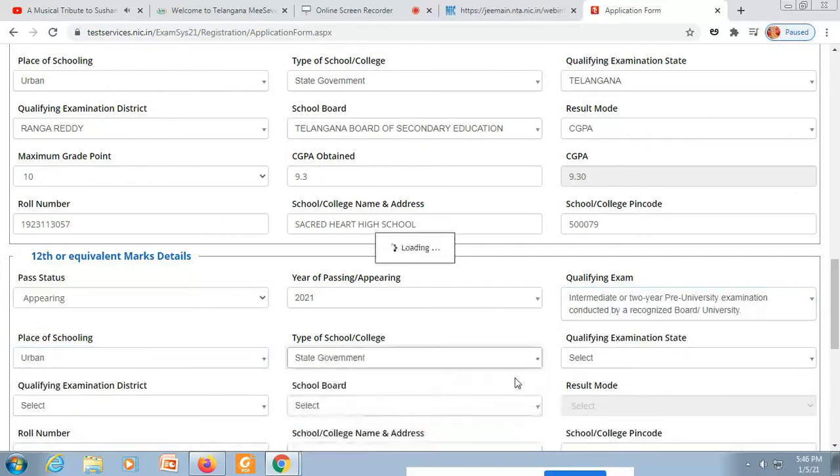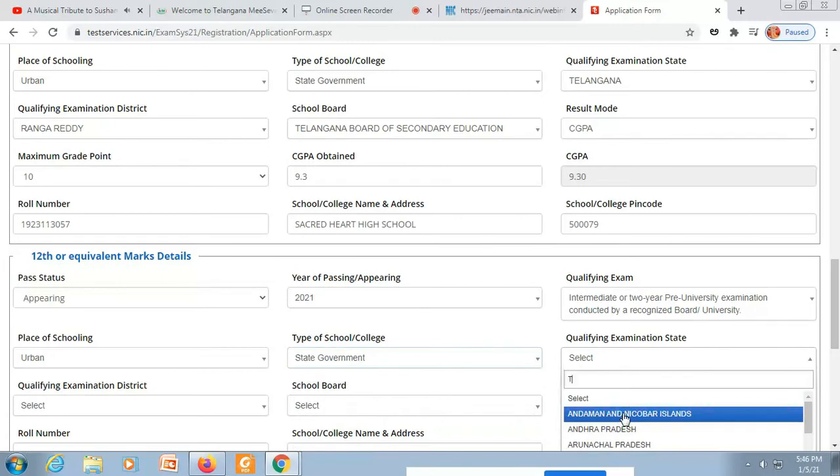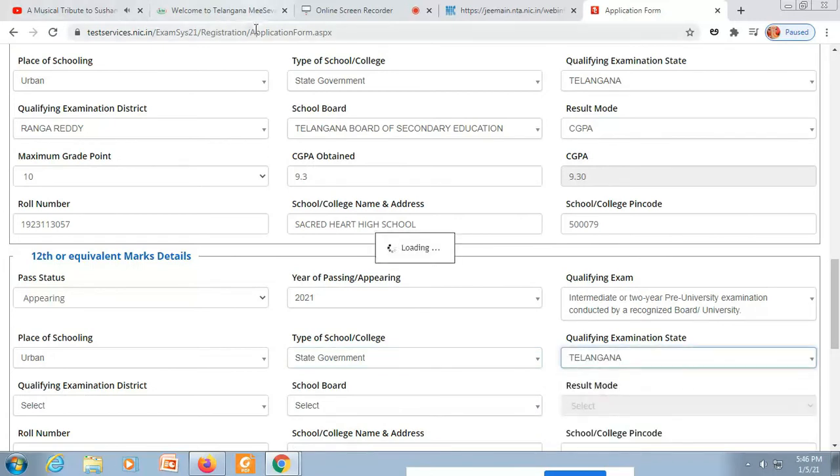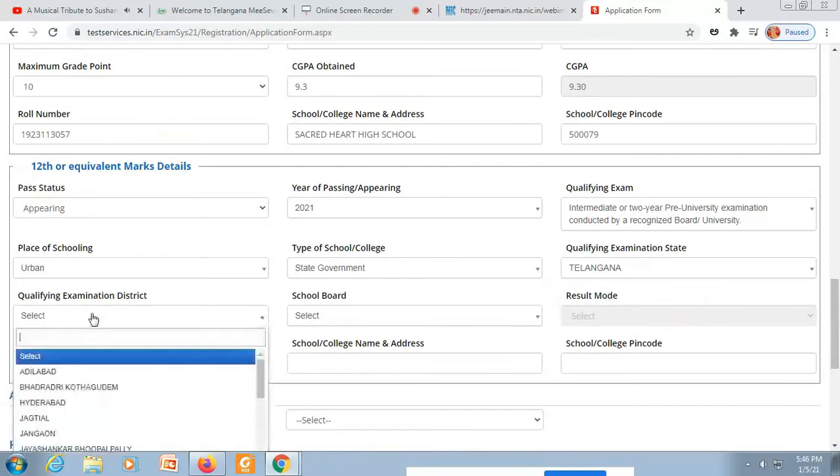Intermediate: here we call it intermediate, or 2-year pre-university examination, so please select it. Place of schooling, rural, urban, select it again. Again, the procedure is the same.